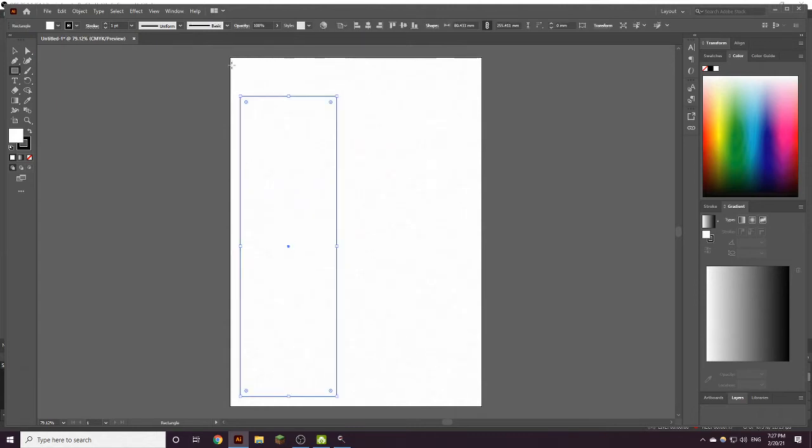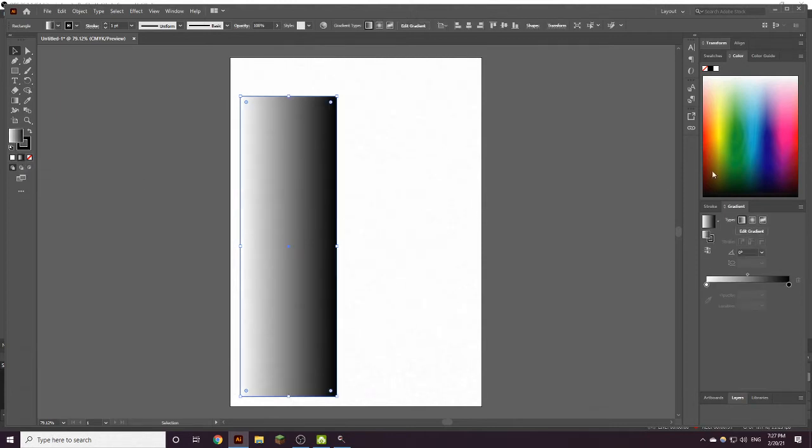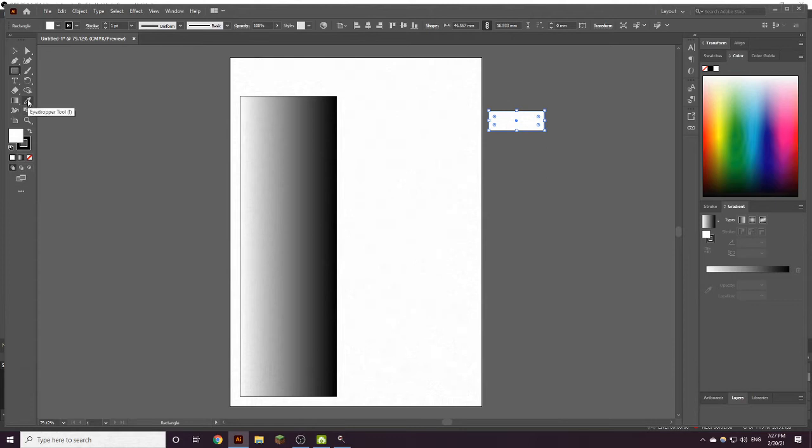Okay, then click on cursor, then click and add gradient color to this. Okay, then go to this rectangle, make one rectangle, and then make it white color. Okay, then click eyedropper tool and then color it orange,